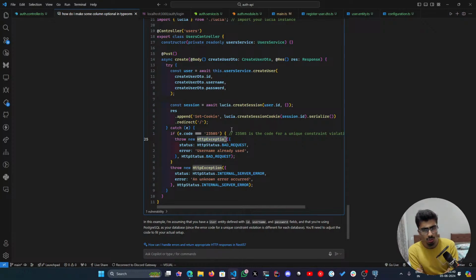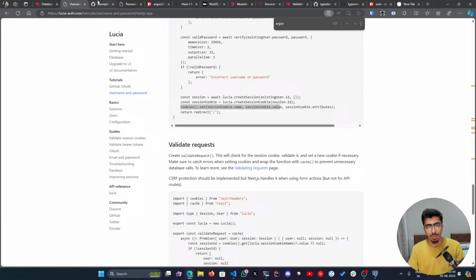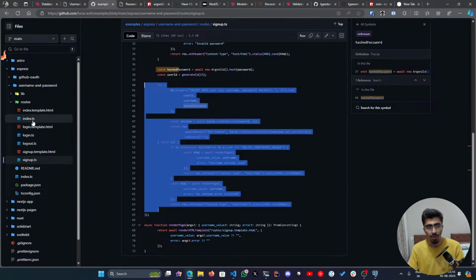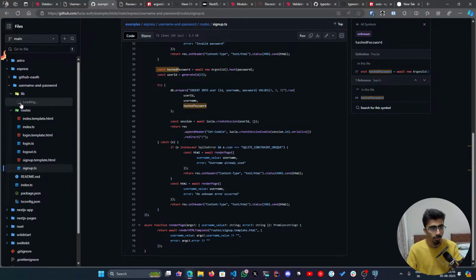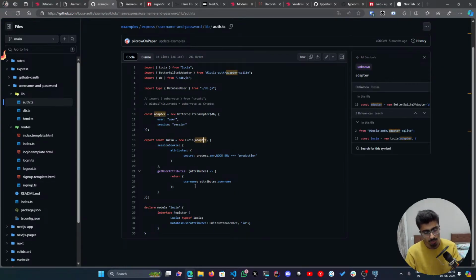Because for Lucia we probably need to have this setup. Let's see, lib auth. So you have the adapter. I think it does everything for you. Lucia does everything for you ultimately. The question is,